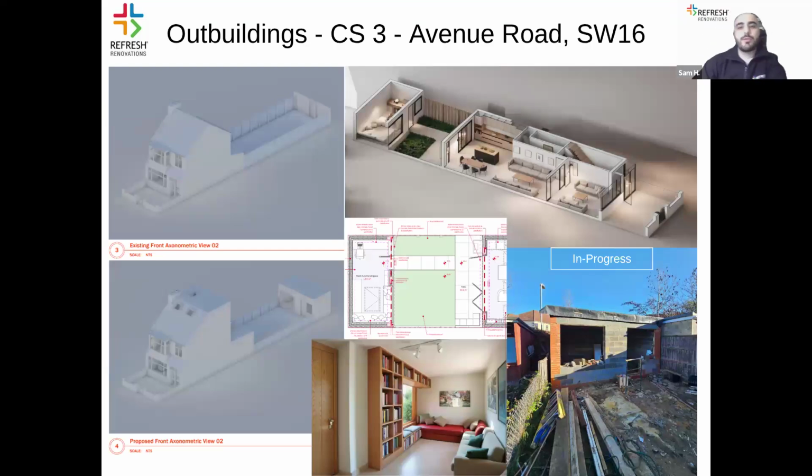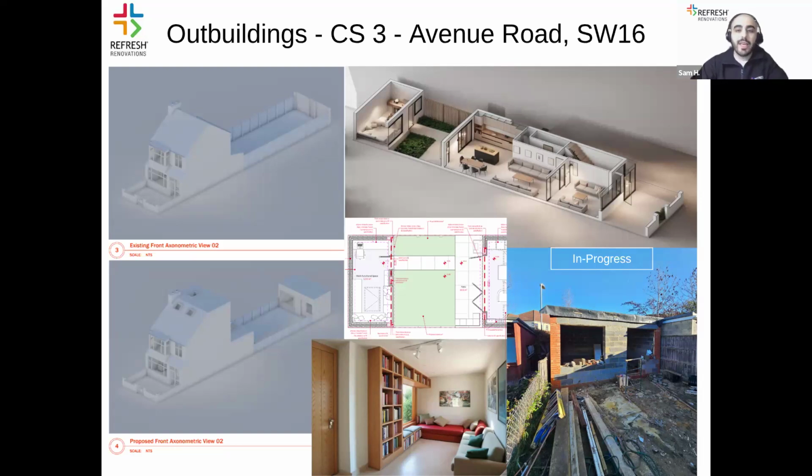And over the last few years, and especially after the pandemic, we've seen a remarkable increase in demand for outbuildings, which are typically proposed for a home office or gym or multi-purpose space. The key permitted development criteria for these outbuildings would be, first and foremost, the purpose. It must be for domestic, incidental use, whether it's going to be a shed, a greenhouse, a garage, or a home gym. It cannot be located in front of the principal elevation, which would be the front wall of the house. And in terms of height restrictions,